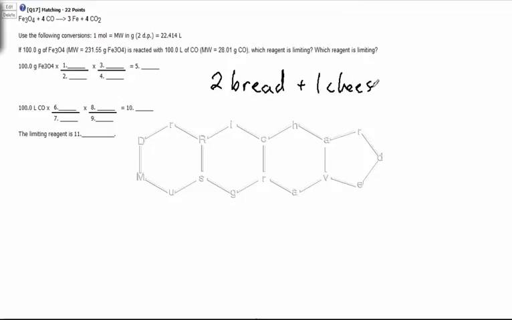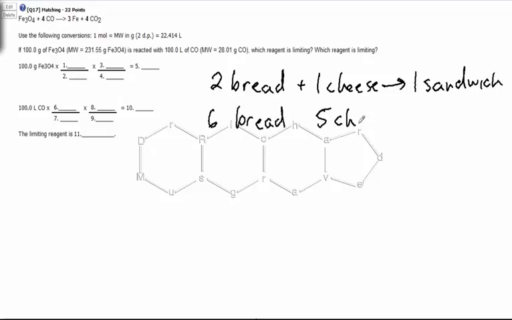analogy. So 2 bread and 1 cheese makes 1 sandwich. If we have 6 slices of bread and 5 cheese, I hope you can see that what we would end up with is 3 sandwiches,